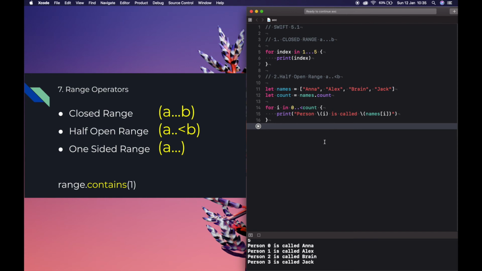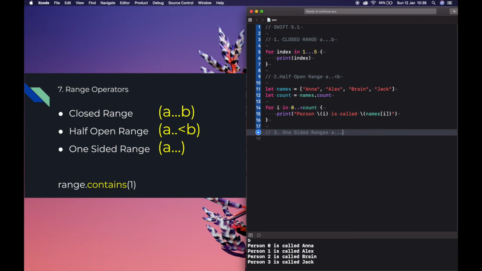So in this case we iterated over the array names. We used the half open range operator, which has the values 0 to count but doesn't include count. The value of count will be 4 but it only takes 3.